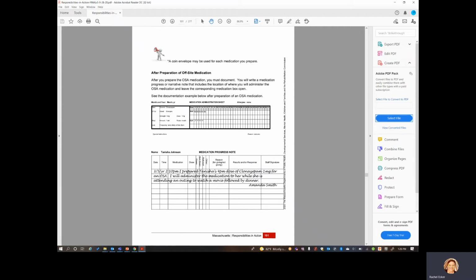They're going to be able to look at the back and know, okay, phew, the staff person did prepare it, they did bring it with them, and the med's going to be administered. Otherwise, me as a staff person, I'm going to be calling the staff saying, oh my gosh, you need to get back to the house. They have a 4 o'clock medication they need to take. Okay? So documenting this is very important. It leaves a trail of this is what we've done.